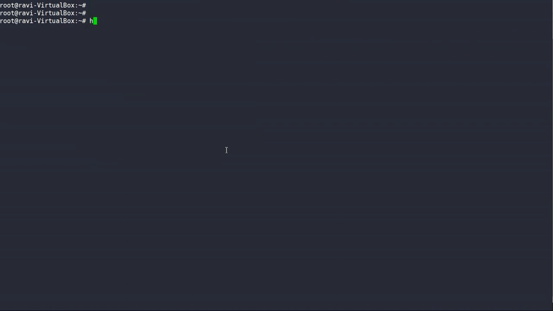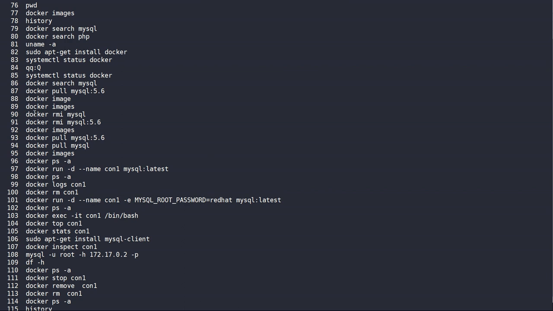So these were the basic commands which we have seen. I can show you the history also. So docker rmi for removing the image, pulling an image, ps -a to see what all the containers are running. This is for creating a container, but it was MySQL, you need to specify this. Such type of info you can get on the Docker Hub site. All the images will be pulled from your Docker Hub. This is the command when you want to connect to your Docker.